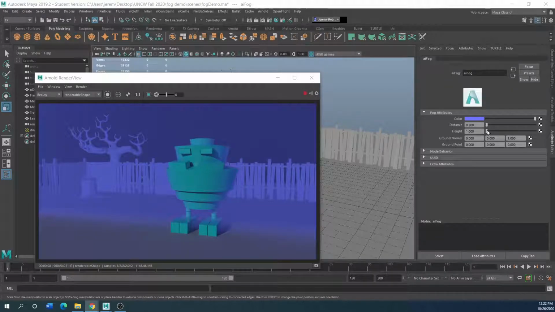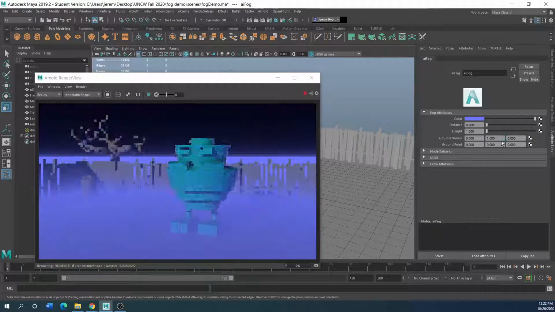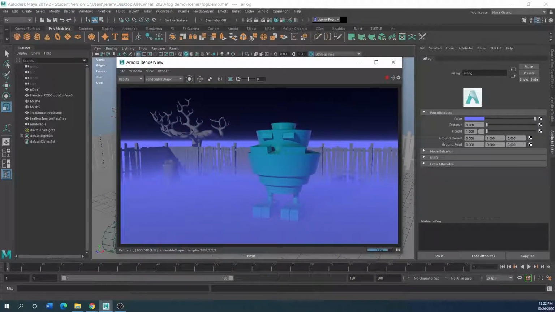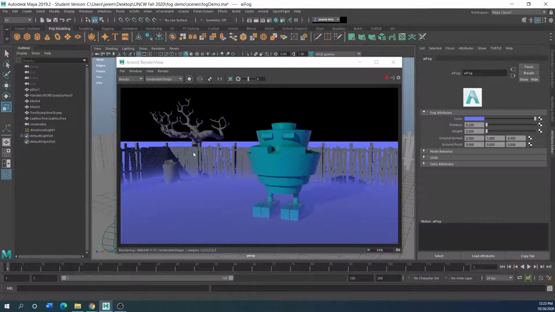So let me change my ground normal. I'll change it to 1 there. So now we're pushing up from the ground, from the Y-axis. And you can adjust the height of this right here, so it's like 0.5. You can get it thicker at the bottom. And if you want to get it closer now to you,